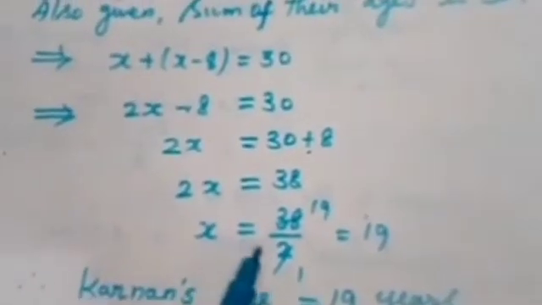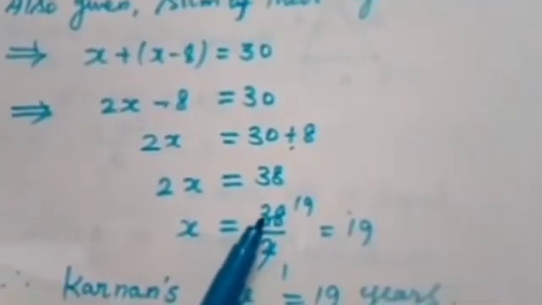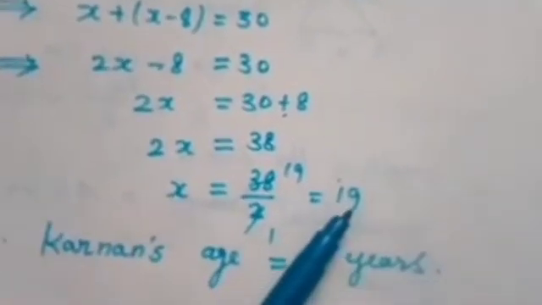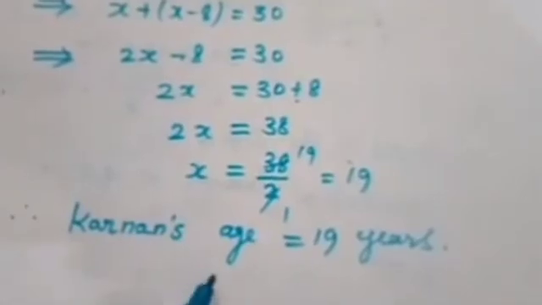x is equal to, again applying the transposing rules, 38 by 2. 1 2 is 2, 1 2 is 2, balance 18, 9 2s are 18. So x is equal to 19. Therefore Karnan's age is equal to